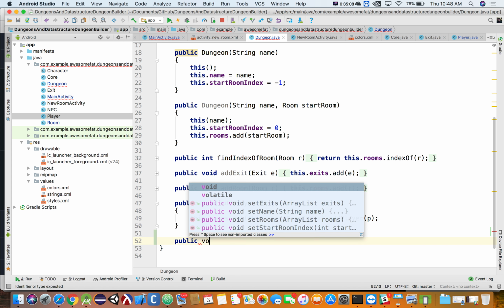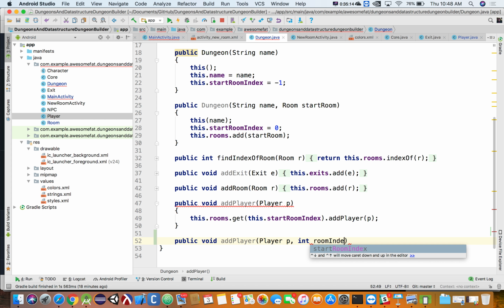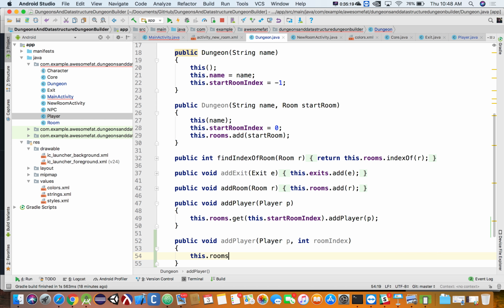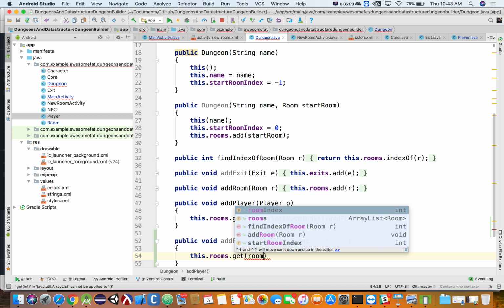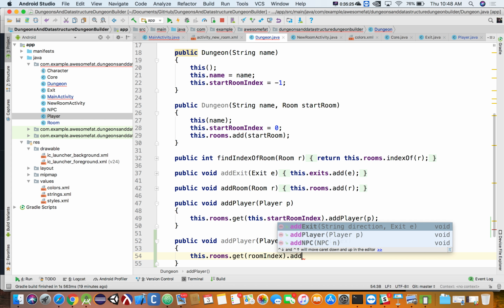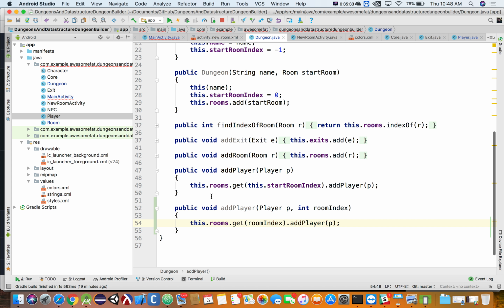So we'll say public void add player, player P, int room index. And we'll say this dot rooms dot get room index dot add player, and the player will add as P. So that should add the player to the room given an index instead of just adding the player to the start